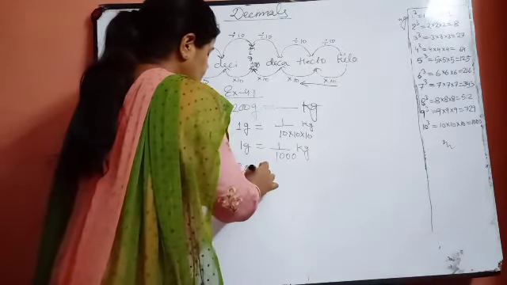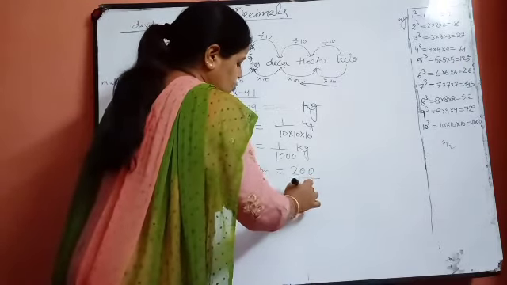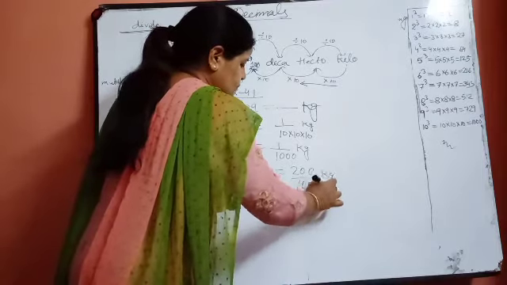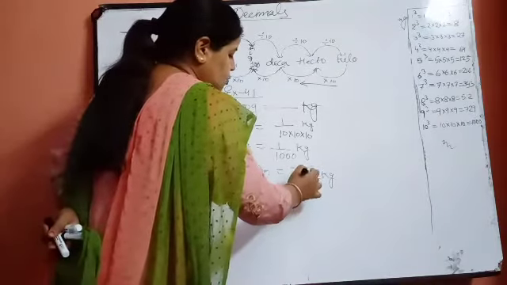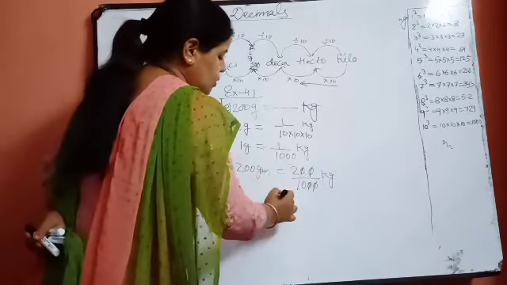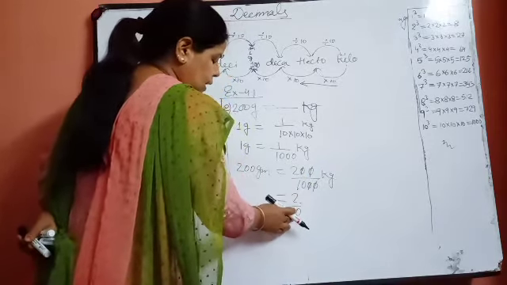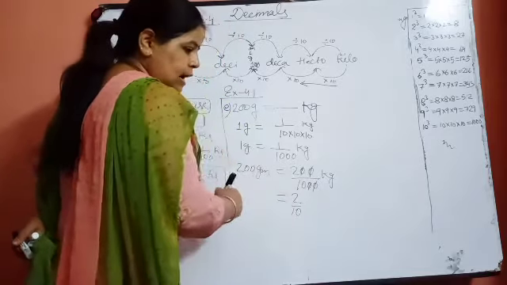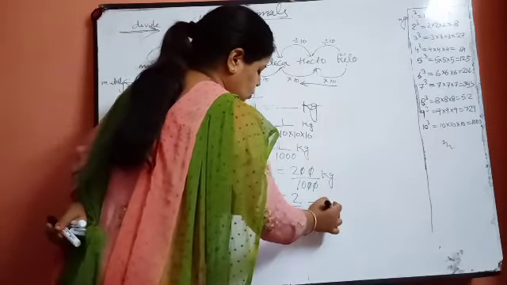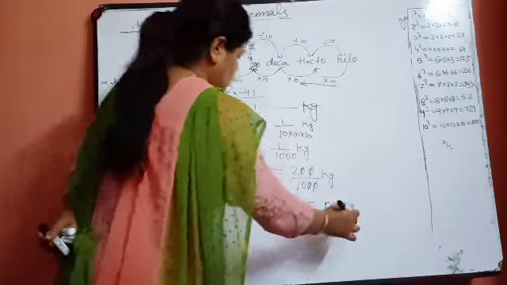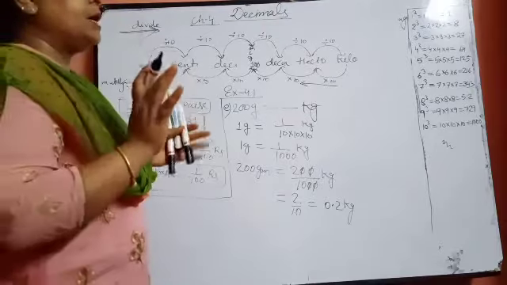So how many gram do you have to change? 200 gram is equal to, what will it become now? 200 upon 1000 kilogram. Okay, just so simple afterwards. See that this 0 will be cancelled by this one and this one by this one. So what will it become? 2 upon 10. So the decimal is here and divided by 10, so the decimal will shift to the left side 1 place. From here to here it will come. So it will become 0.2 kilogram. See that with the help of this table how simply you can do.